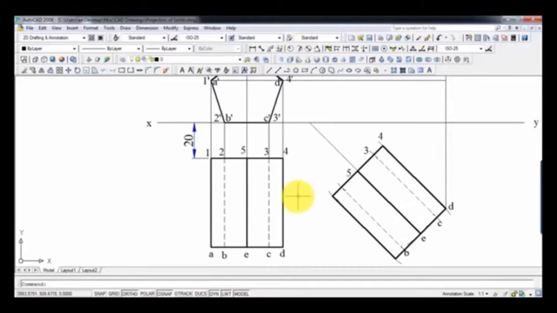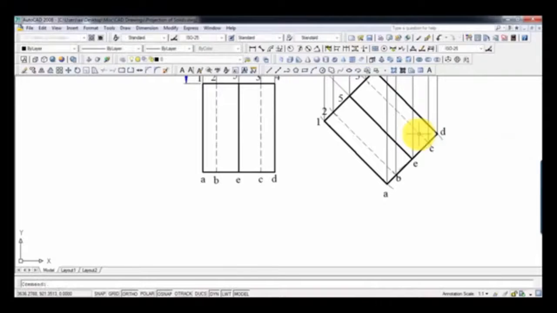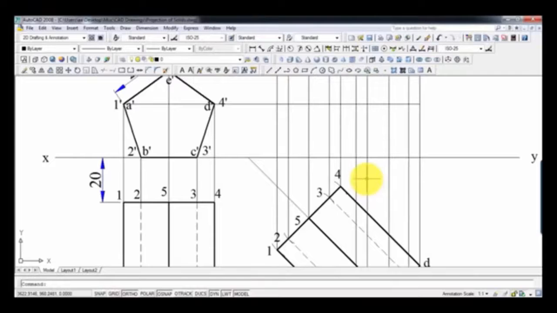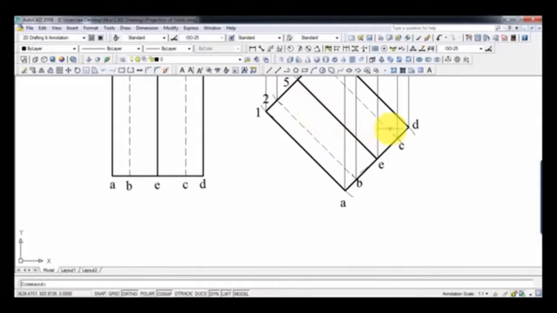Right now we're going to draw these vertical lines, but let me first write the names of these points. This is 1, this is 2. Okay, so let's start by drawing these vertical lines. That's it guys. Now our task is almost done. The next thing to do is to locate 5 points at the front and 5 points at the back. Now one thing is for sure, this pentagon over here,